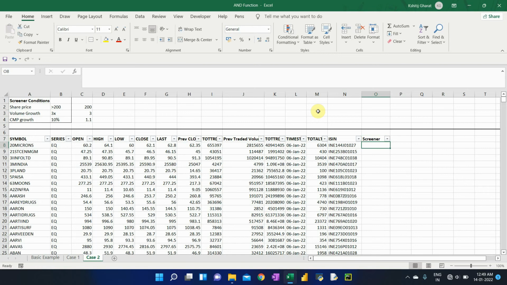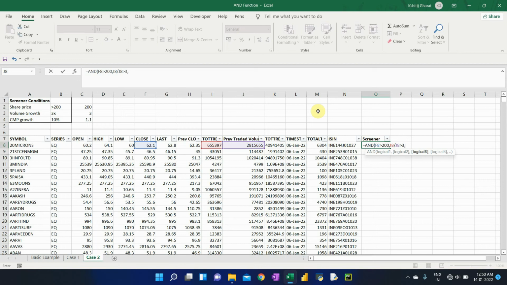So how I'll use it: is equal to AND, and define my first logical test, that is my closing price more than 200. Second logical test is my volume growth, that is column I divided by column J more than 3, because it is 3 times. And the third logical test will be my current closing price divided by previous closing price more than 1.1.